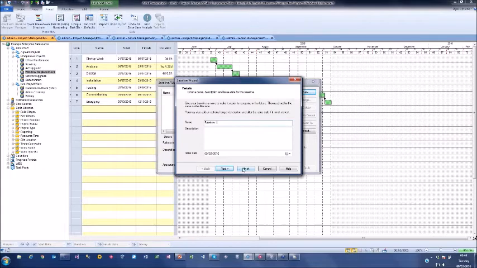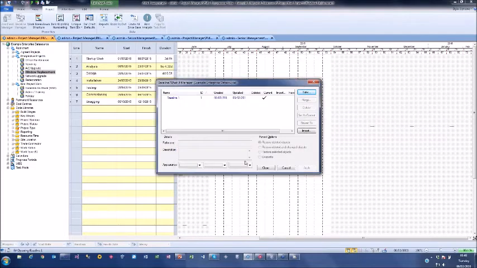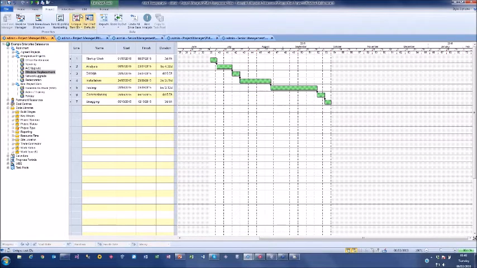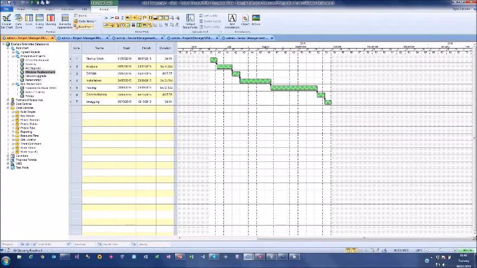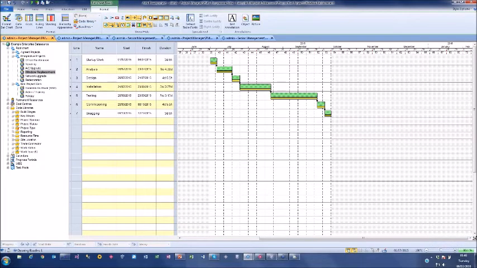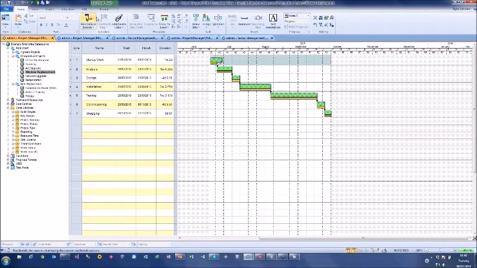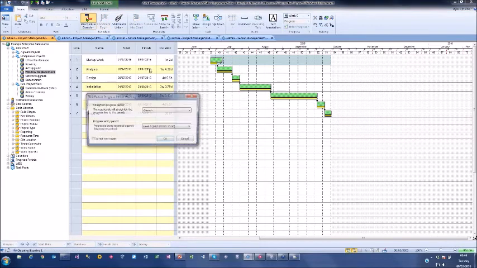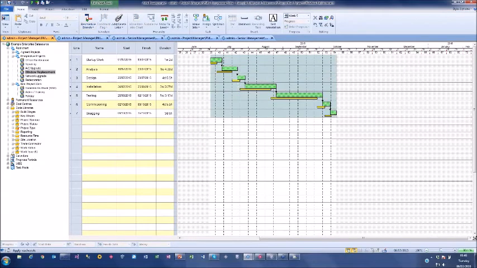Very simple baseline to start off with, and that baseline, if I look at my project, is underneath, and you can see the yellow. If I make changes to my project in there, just flag that for a moment, and reschedule, you can see the differences between that project